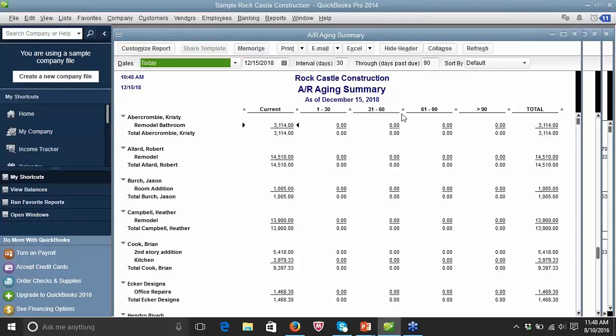But here, by looking at the aging summary this way, you can quickly see which customers are causing problems because of these columns. And then what you might do is, if you see a customer having a lot of invoices in the 31 to 60 or 61 to 90-day columns, you might want to ask for a more detailed report for that particular customer. This way, with the summary report, you can quickly look at your customers, see where your problem customers are, and then get your additional detail instead of having to have the detail on every single customer. It just saves you a whole lot of time.